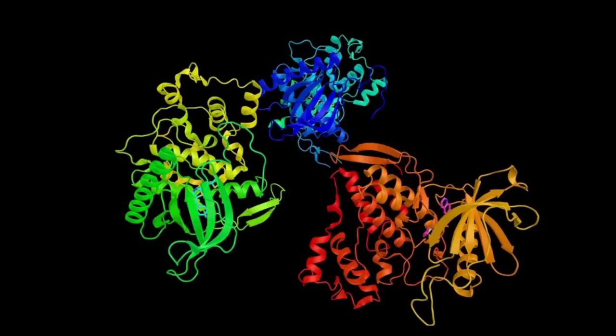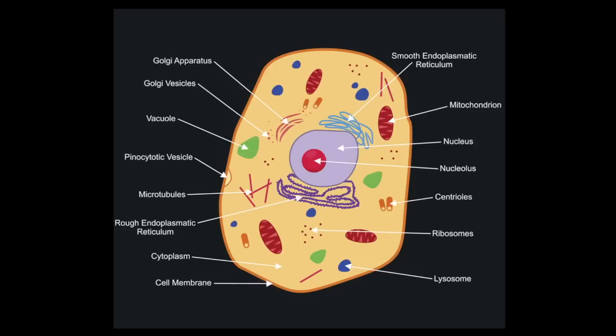And the main thing that proteins do is to act as enzymes. Enzymes are molecules that can catalyze chemical reactions. So they can speed up chemical reactions, and they can even be used to synthesize other molecules. And so lots of proteins synthesizing lots of complicated molecules is a process that can lead to the creation of a cell. This is a simple animal cell, and you can see it has various components, but all of these components working together will give you a cell. It gives you a living organism.